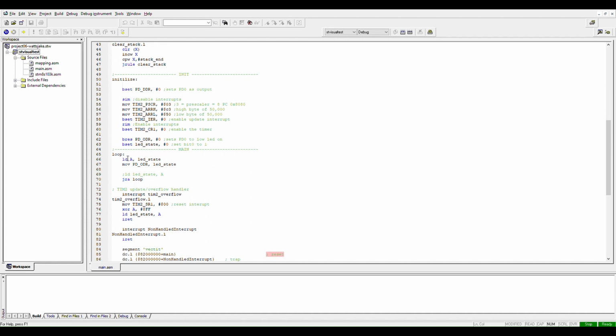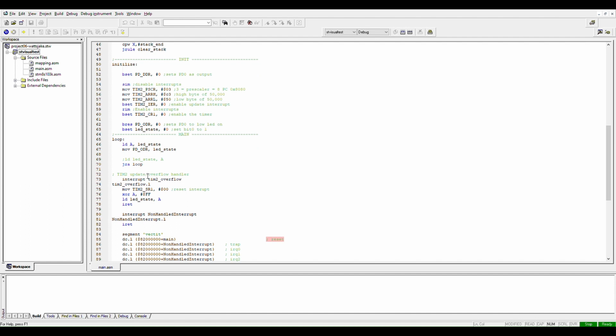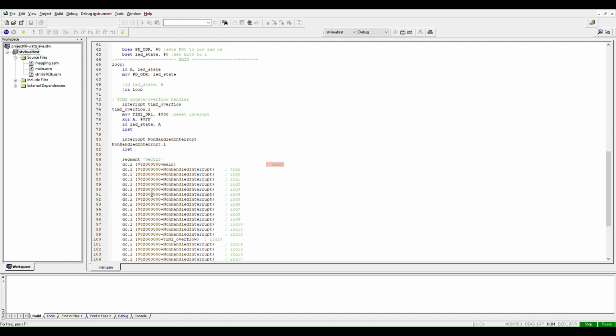So then we go into this loop function, and the loop pretty much just grabs the LED state from the memory, loads it into the accumulator, and then it moves the LED state into the PD ODR, which is the LED register. And then it just continues to do that over and over again. And then when timer 2 overflows, it comes down here to this segment